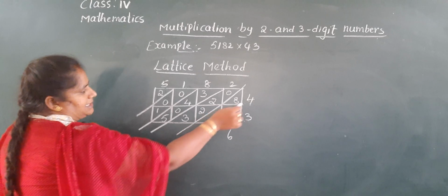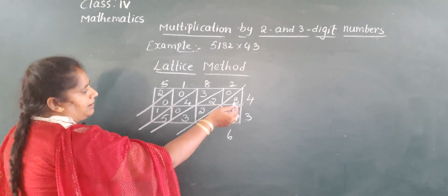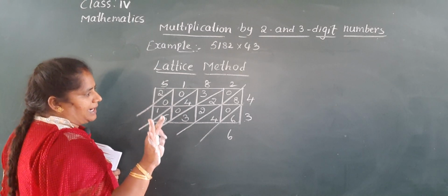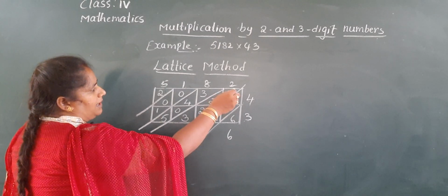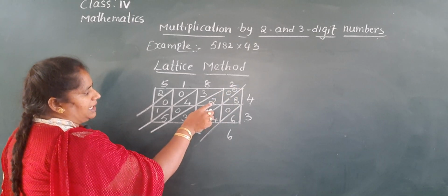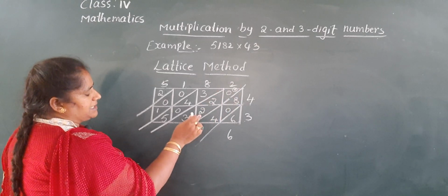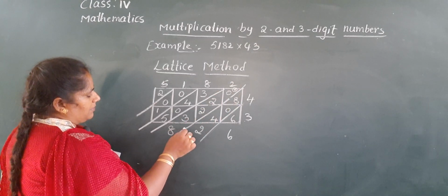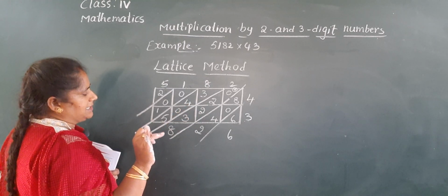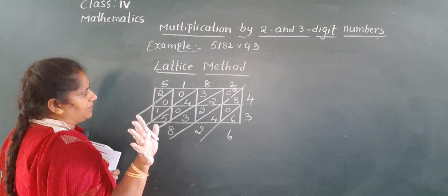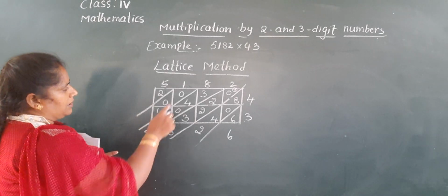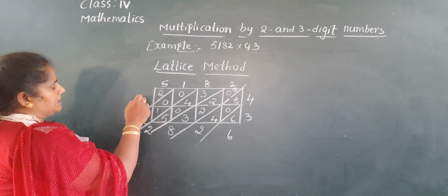Now you add these numbers in the rectangular box. It is a rectangle shape only. Add 8 plus 4, 12. 8 in the mind, take 4 fingers, 8 after 9, 10, 11, 12. So 1, 2. Now take 1 finger, 2 after 3, 3, 3 plus 2, 5, 5 plus 3, 8. Okay. Now 3 plus 4. Take 3 fingers, 4 after 5, 6, 7. 7 in the mind, take 5 fingers, 7 after 8, 9, 10, 11, 12. 1 in hand, 2 is down. 1 plus 1, 2. Here this number is 2.